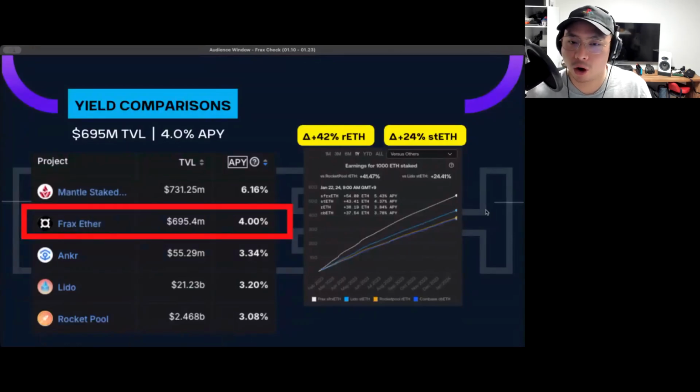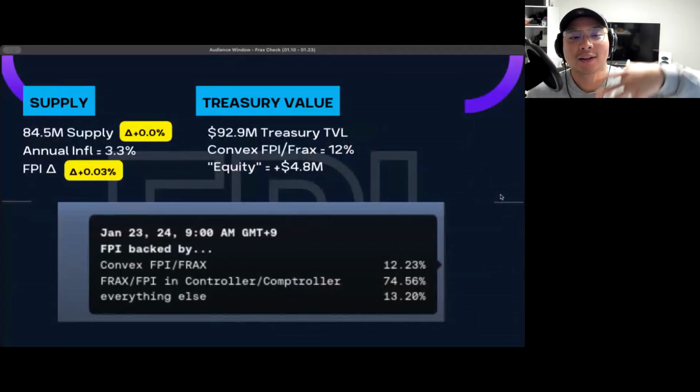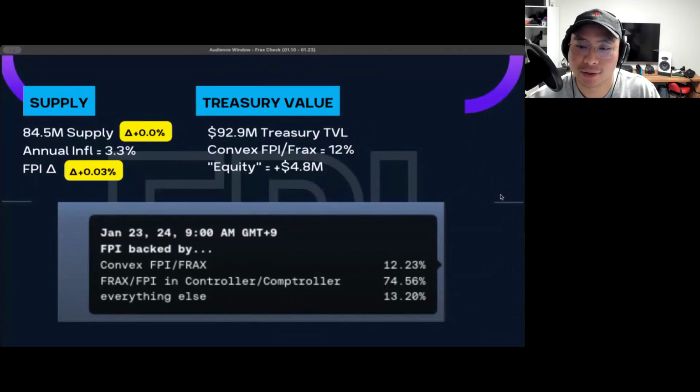And you would have earned 42% more than RETH and 24% more than STETH. So this isn't cherry picked. This is literally a year's worth of data on sFraxETH's performance. Numbers don't lie. Moving on, we have the middle child, as I call it, the forgotten stablecoin, and that is